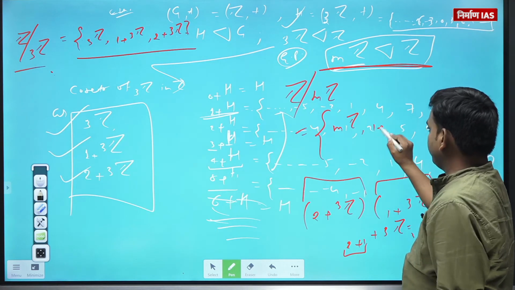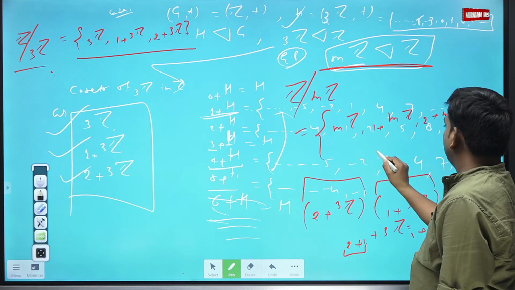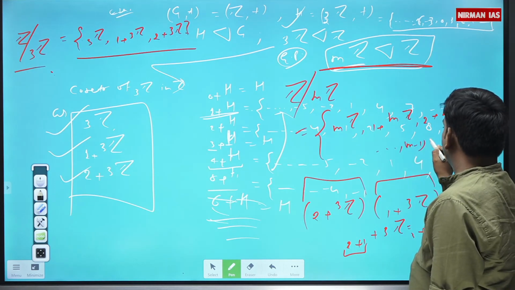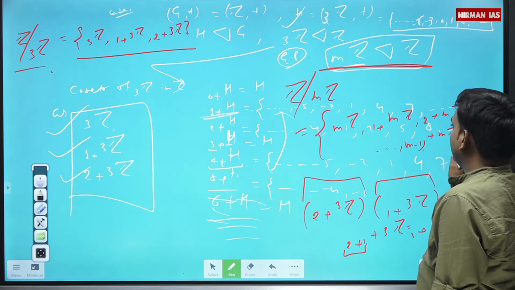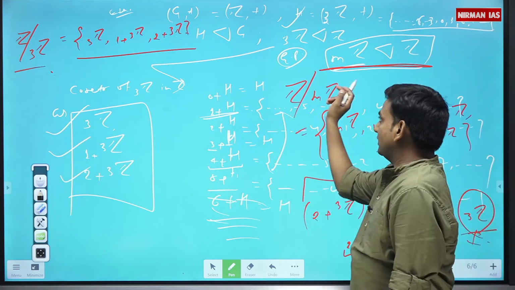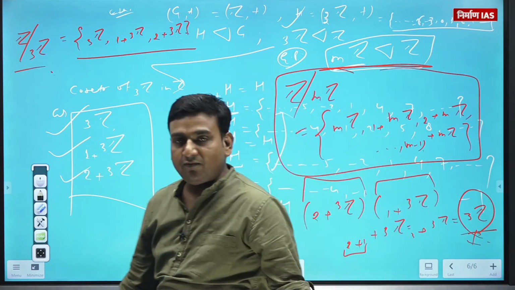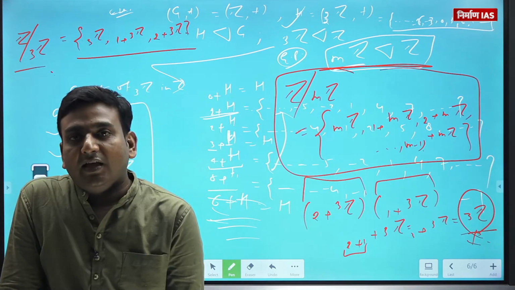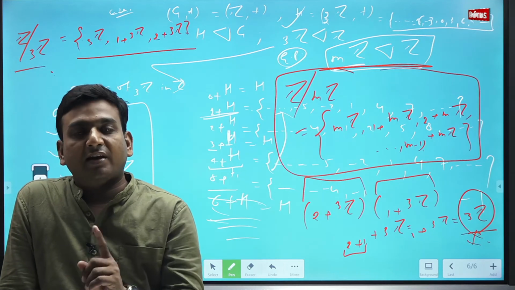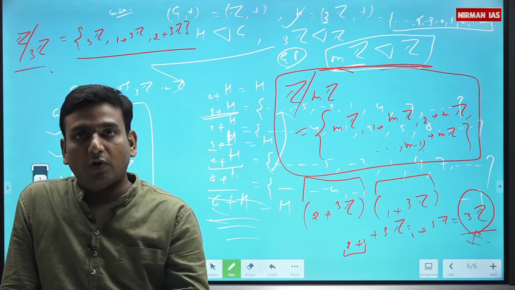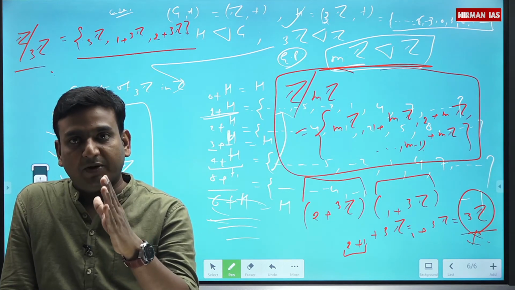MZ, suffix में 1 plus MZ, 2 plus MZ, and M minus 1 plus MZ. Because when we add M plus MZ, we will be getting MZ only. You're getting? In the same fashion, you can write 3A3, you can write Q8 के साथ में कोई H ले लिया, you can write S4A4. You are getting my point or not?